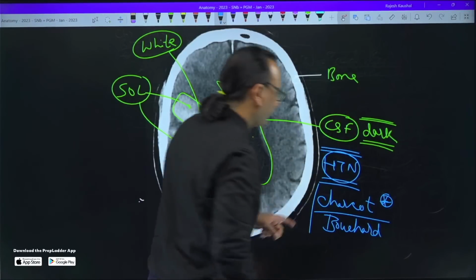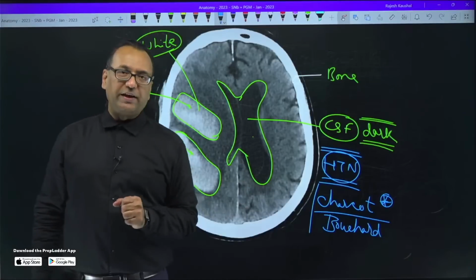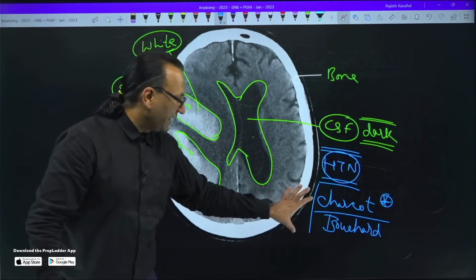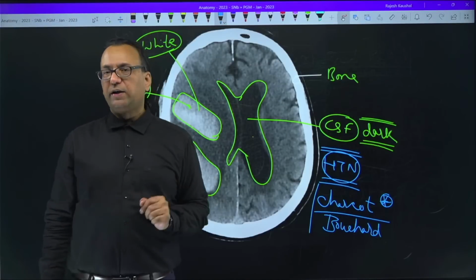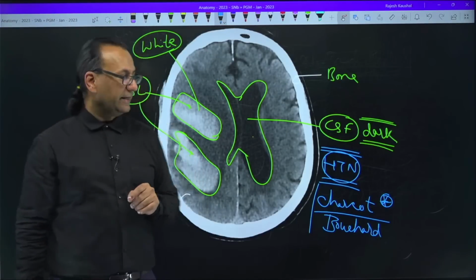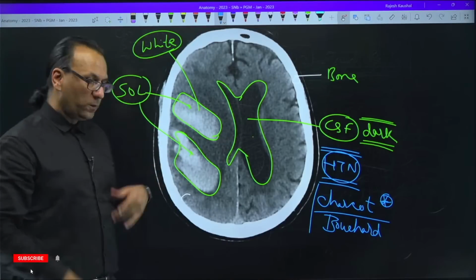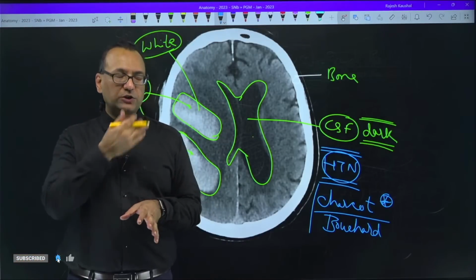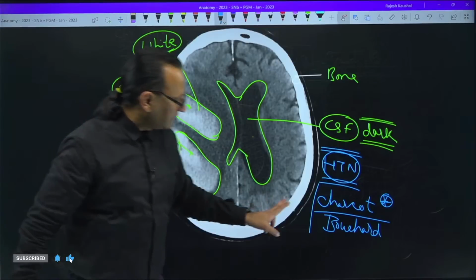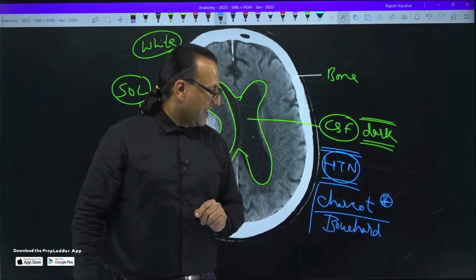Now it is a controversial question. Charcot's artery supplies which limb of internal capsule? This question has come recently. So intracerebral hemorrhages can be in hypertensive patients, can be bleed of these Charcot-Bouchard microaneurysms,